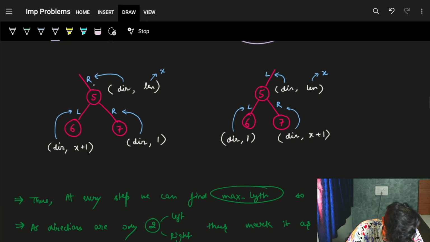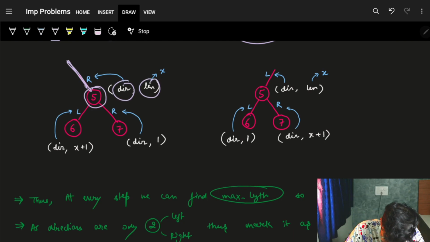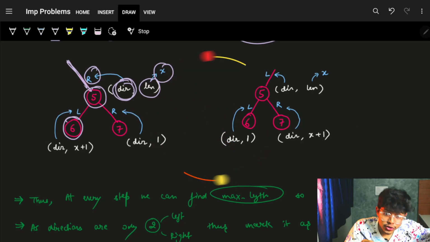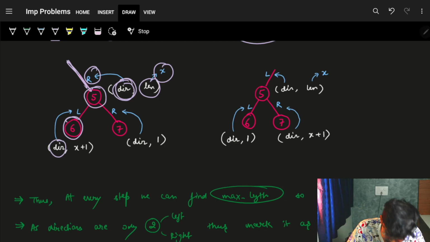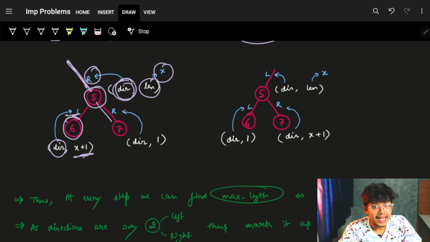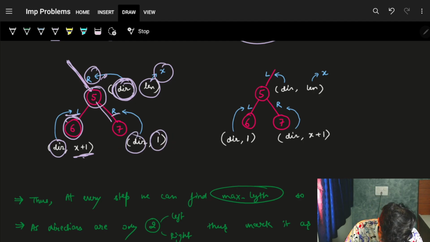Which means ultimately what will happen is that if my parent is incoming from a right, I will have a direction as right, and the length so far of the zigzag, let's say, is x. As soon as I go on to the left child, I know my direction of my parent was right, so if I'm going on to the left, it is forming a better, longer zigzag path. So I will have the new direction, which is left, and the zigzag length is increased by 1, which means x plus 1. While if I go on to the right child and I know my parent was also from right, then its direction will remain right for the child, but the zigzag length will